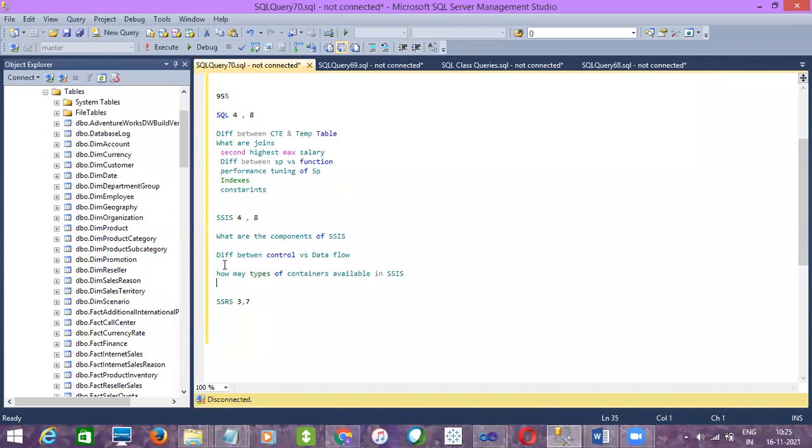And then performance tuning of SSIS. I told a few points, right? So try to remember that. And then differences between synchronous versus asynchronous.